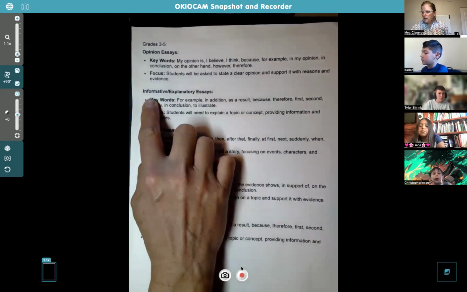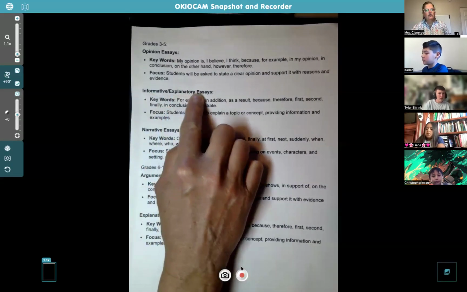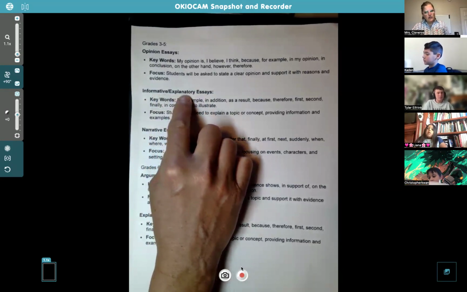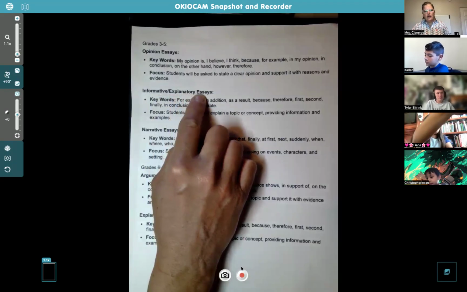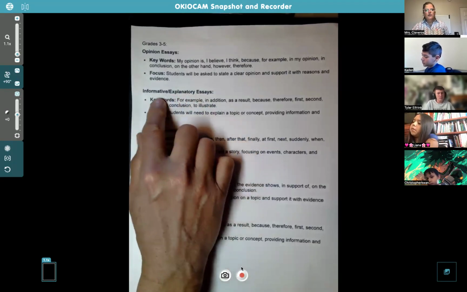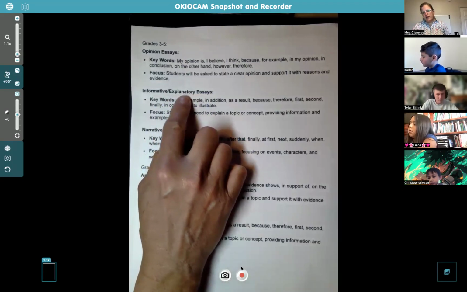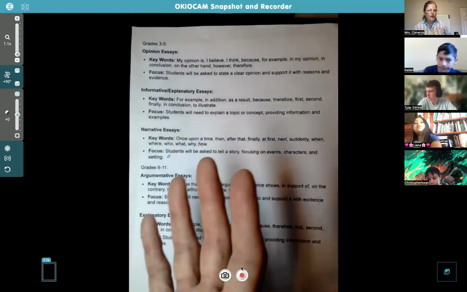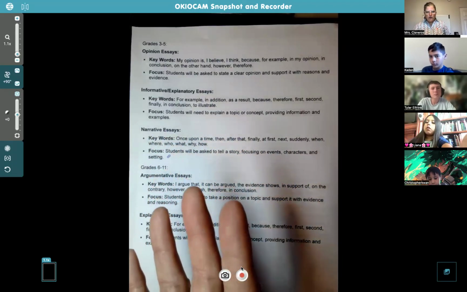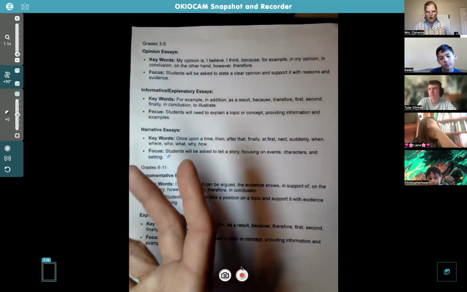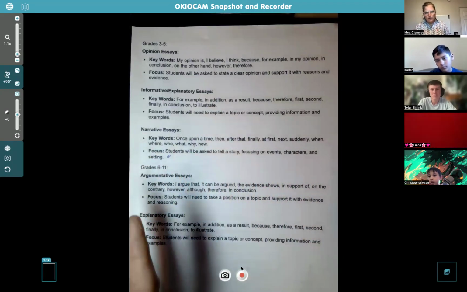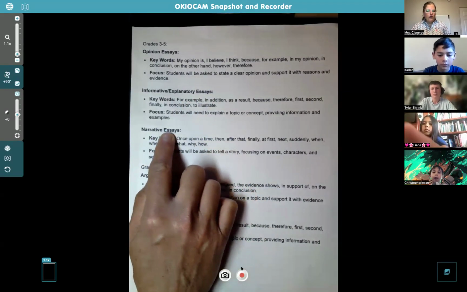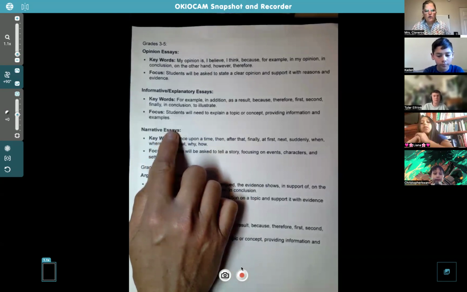The next example is the informative explanatory essays. This is what you're mostly used to, writing about something factual with evidence and with actual articles with facts. Explanatory, you see the word explain in there. So you're basically explaining about something, an actual thing, like an actual animal or a planet or something scientific or a person. You're writing facts about that. A narrative essay is more made up. That's creative. That's when you use the story sequence chart.